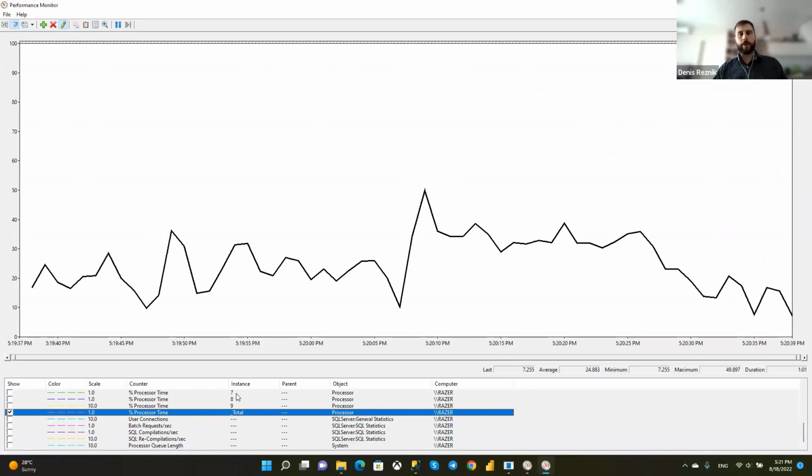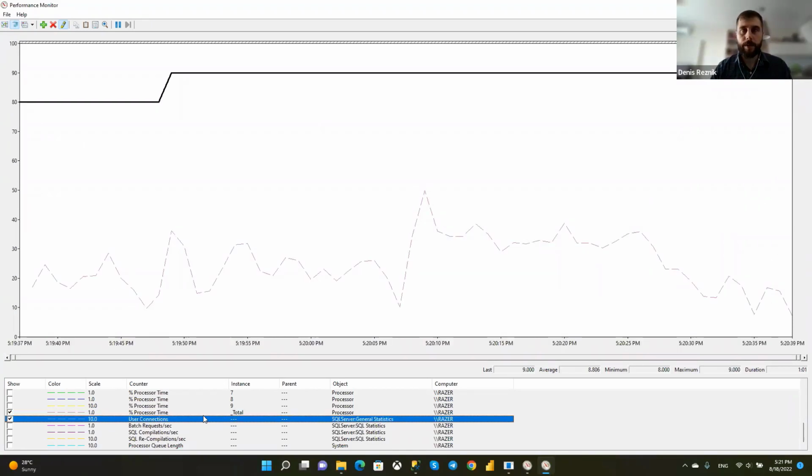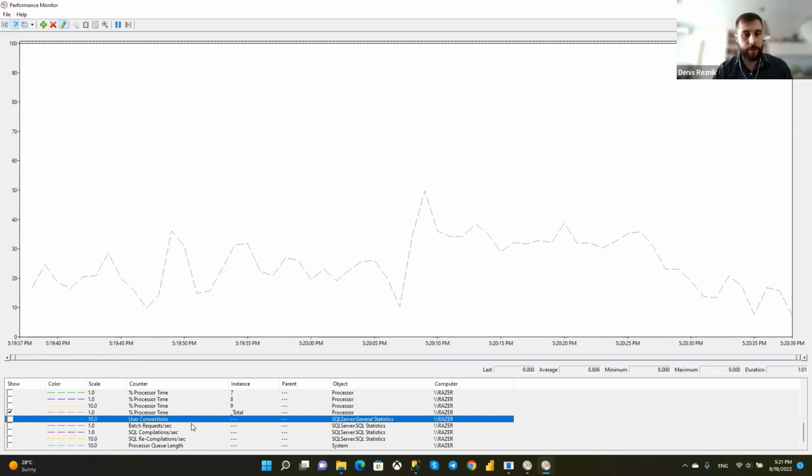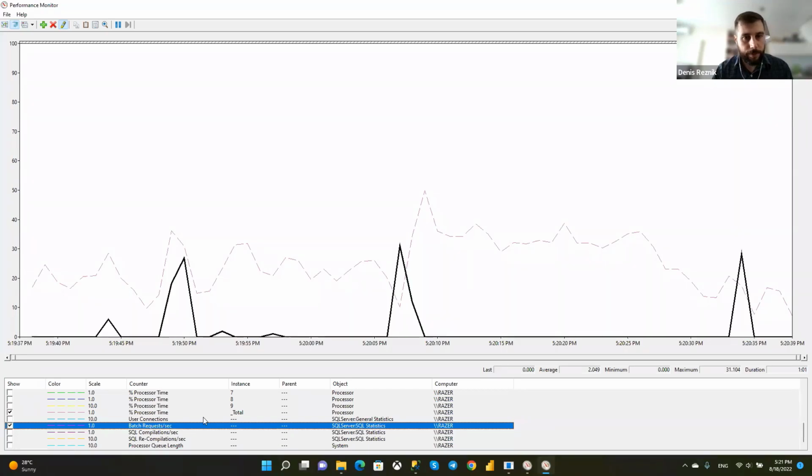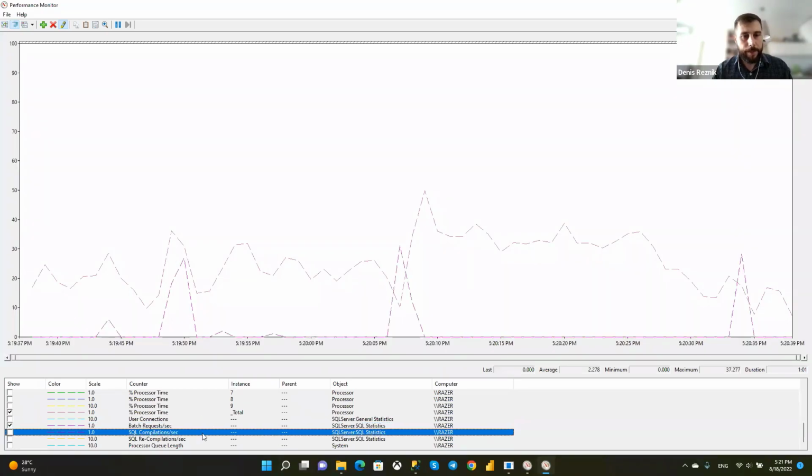Now, let's check if processor load correlated with user connections. Not very much. So it means that some queries are heavy or users generate too many queries. Let's see if it's correlated with batch requests per second. Looks like it's not, but we will check that later.